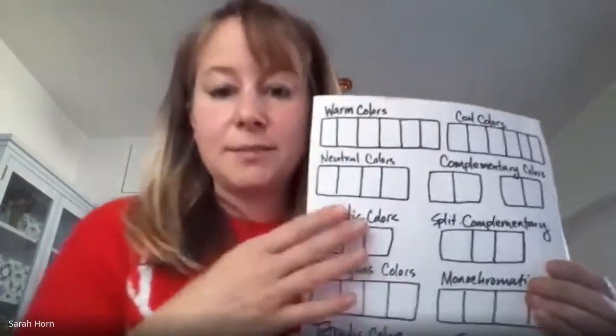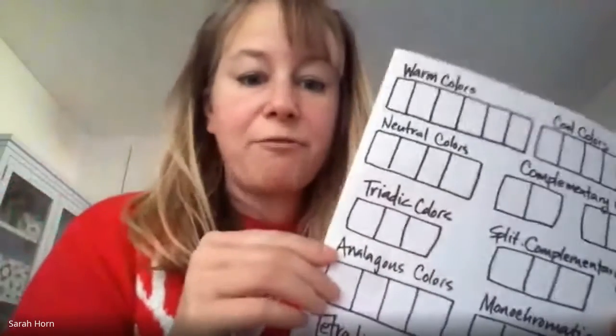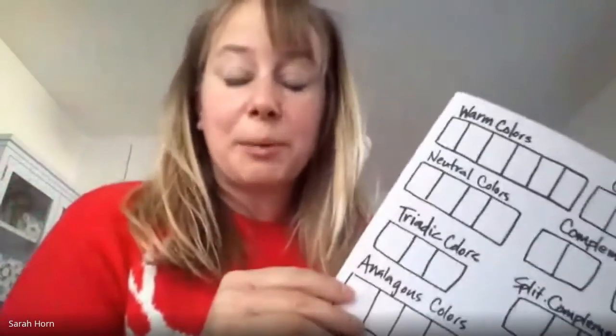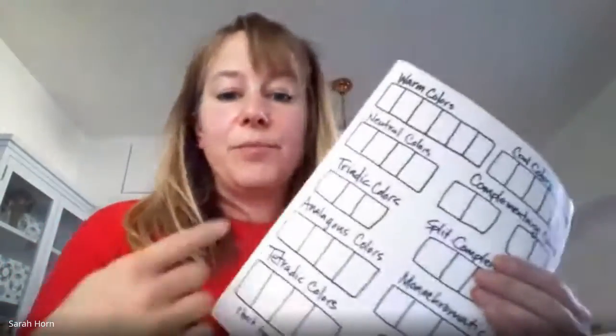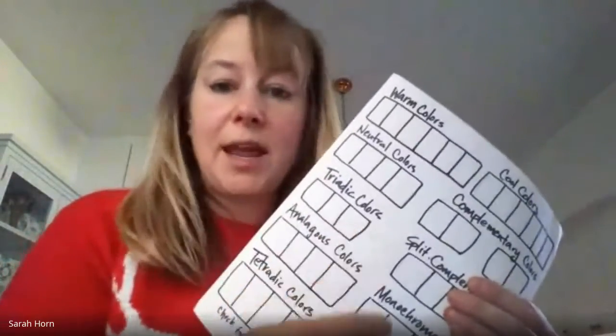It looks like this. You should have taken this home. If for some reason you haven't been able to pick up your supplies, so you don't have a copy of this, you can just do this in your sketchbook. You can write the names and make squares. It doesn't matter, but this is to explore different color schemes and have a visual of what they are. You're going to have to use your vocabulary, the PowerPoints or slides that I've posted, and your color wheel